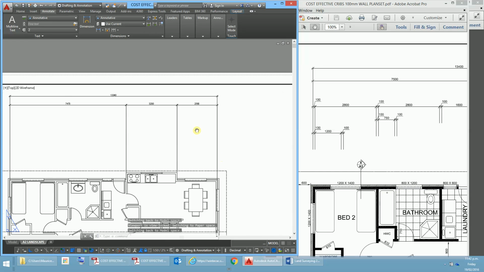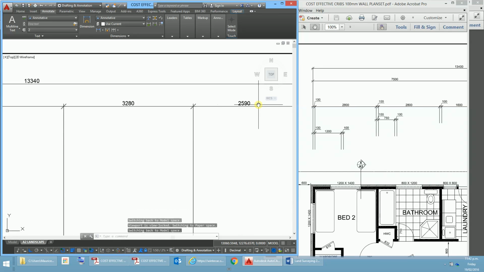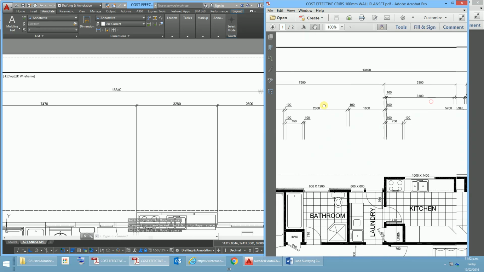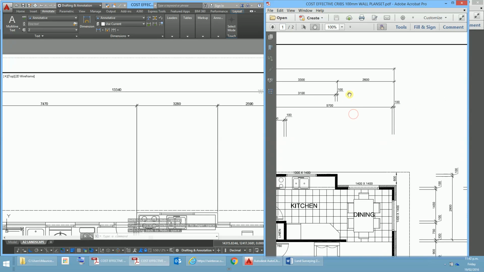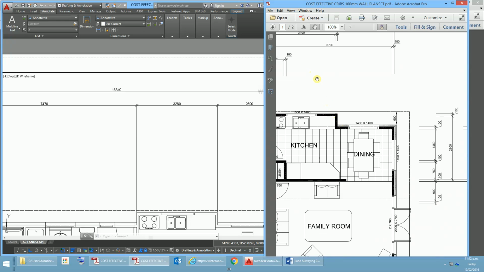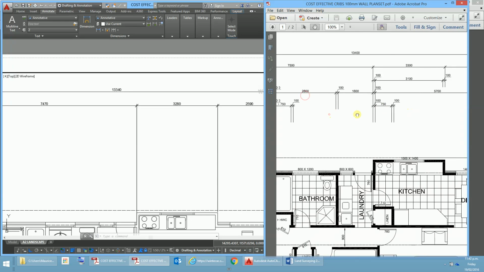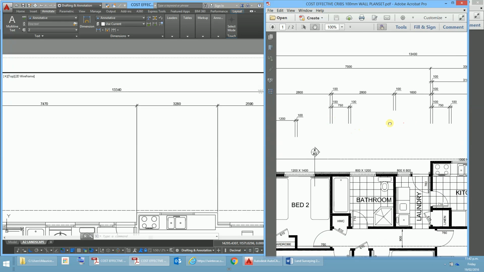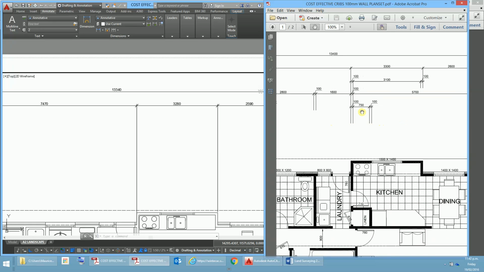It's all looking pretty good. And we get 2590. So just looking here, we got 2600, and we can see that that one should be 10 mils less. So that's all looking pretty good. Okay, so those dimensions are good. So now we've got a little one